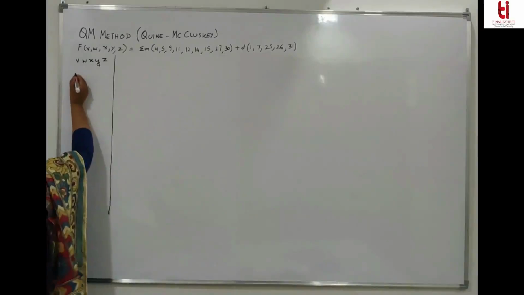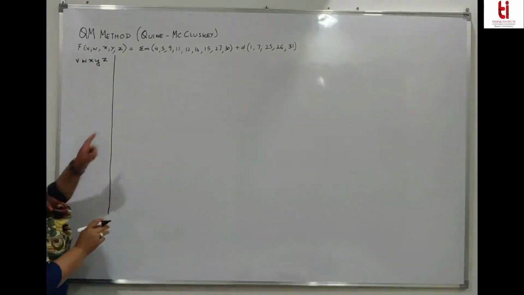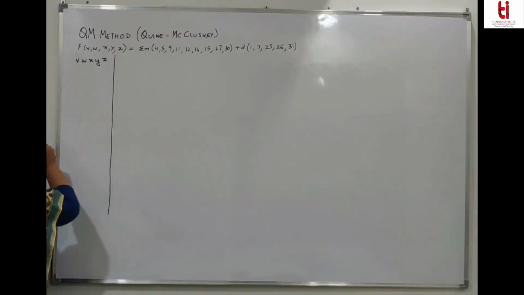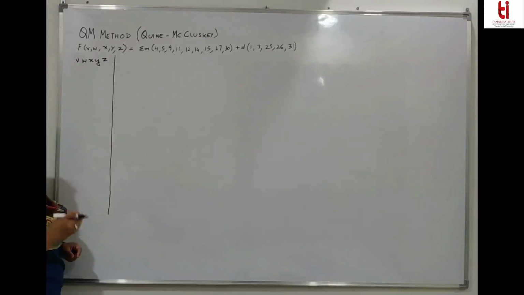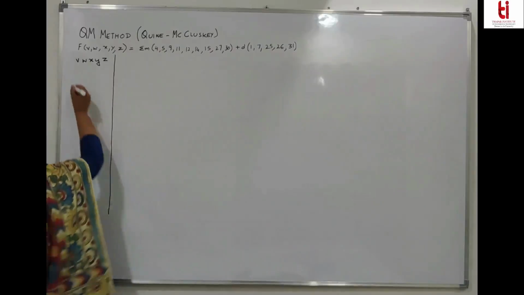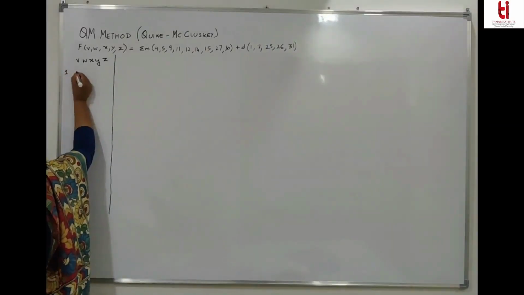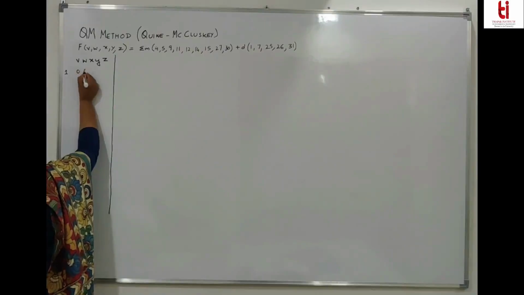Just divide the board and list every number. So the first number is 1. And how do you list them? Put the min terms which have single ones together. Put the min terms which have 2 ones together. Put the min terms which have 3 ones together, 4 ones together, 5 ones together. And if there is no one, that should be separate. So you have to form groups of no ones, single ones, 2 ones, 3 ones, 4 ones and 5 ones. So we have binary number 1, represented as 0, 0, 0, 0, 1.